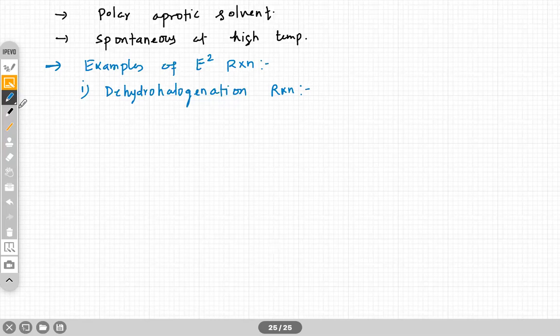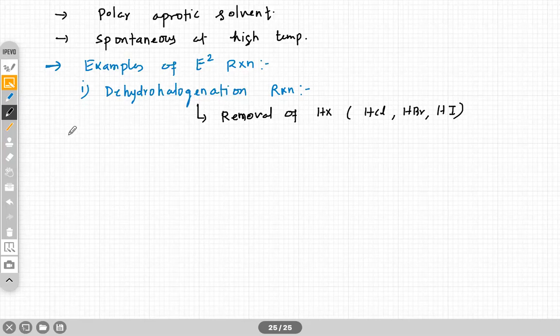Dehydrohalogenation reaction. This means what? Removal of HX, mainly HCl, HBr, HI. Dehydrohalogenation, right? For example, you see if you have a reaction